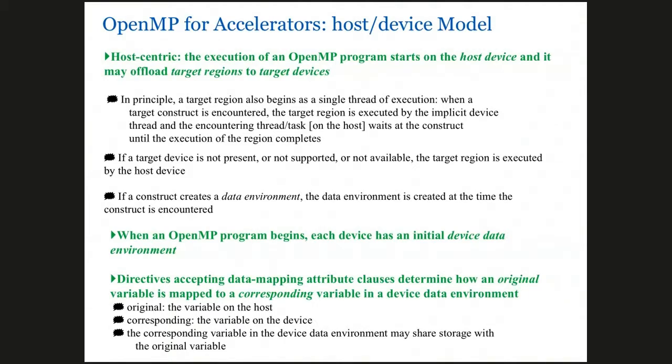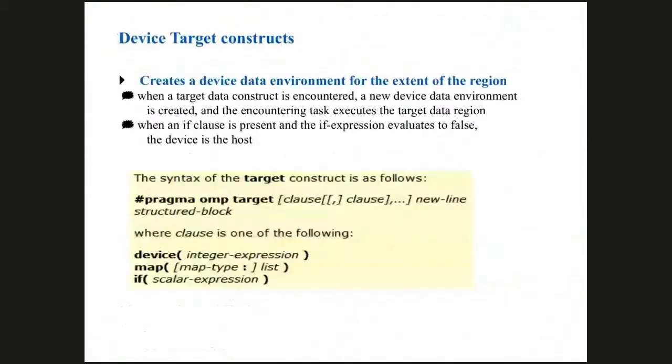And the directive accepts data mapping attribute clauses that determine how an original variable is mapped to a corresponding variable in a device data environment. So there are some ways to do it. There is the original variable on the host, and the corresponding variable in the device data environment, which may share storage with the original variable. So that's the concept, and some basic constructs were proposed in OpenMP 4, and the target construct takes similar